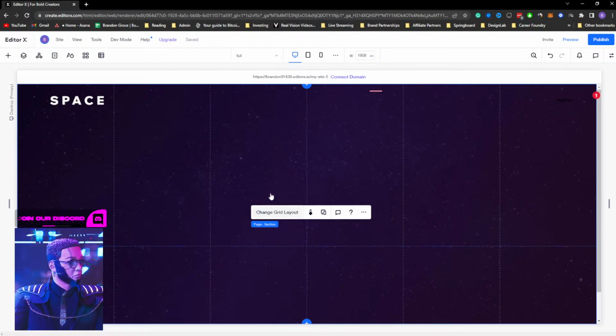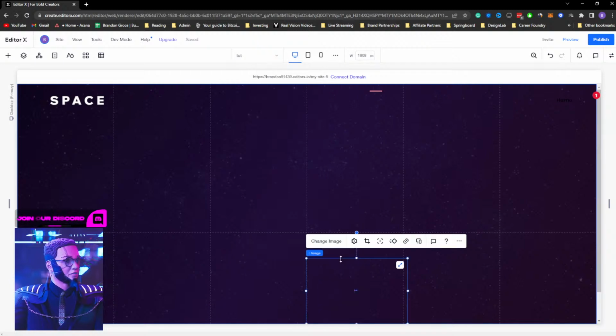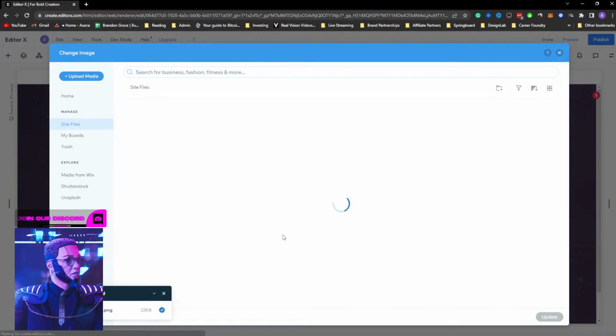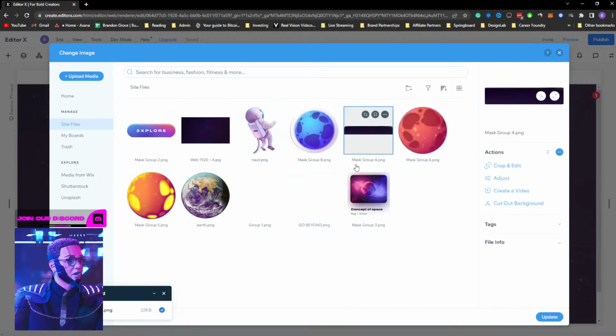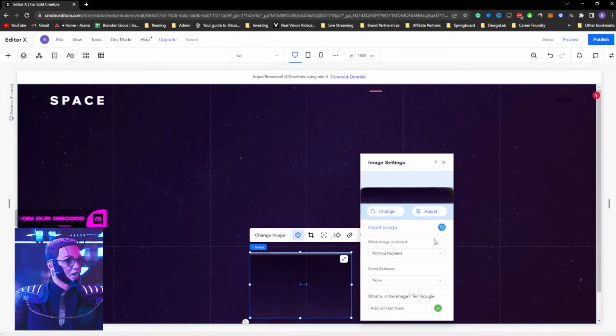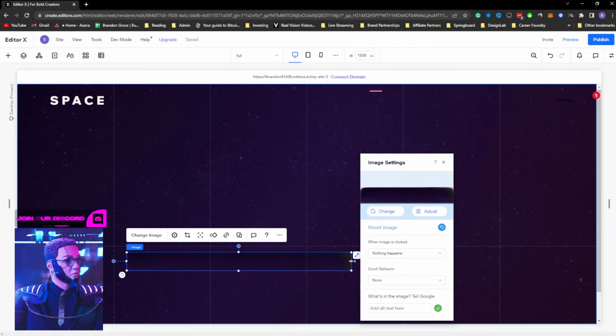So for now, let's get some of our assets in here. I am going to right click, quick add image, and we're going to get that little horizontal dashboard that we have. So we're going to change image. We're going to grab this. It's called mask 4 if you're utilizing the assets that I've exported for you. I'm going to click the cog wheel, reset image,